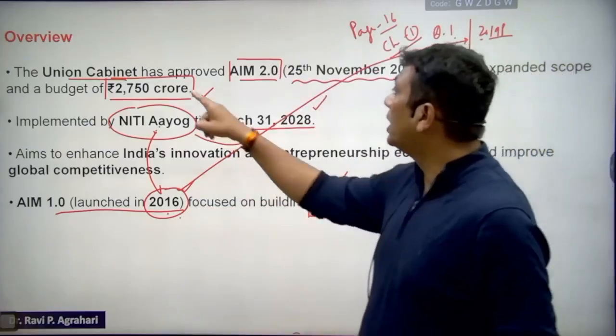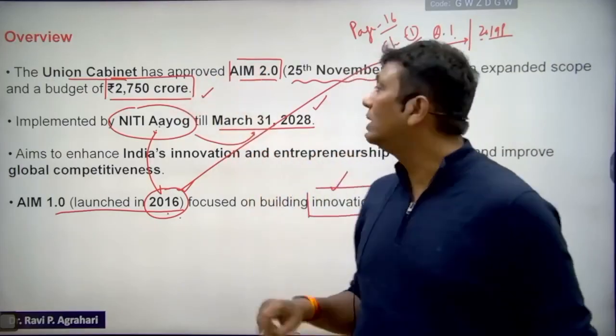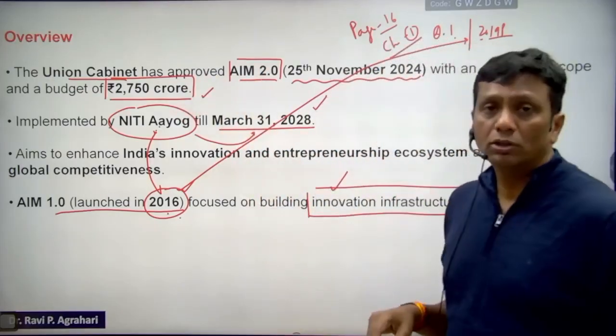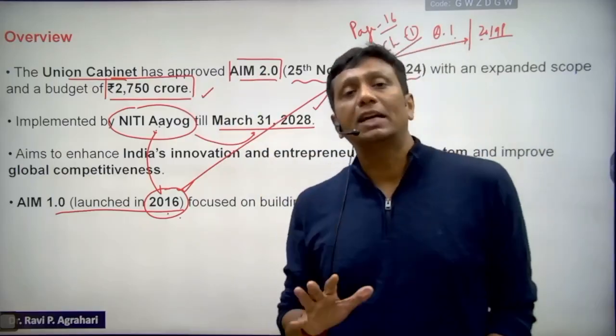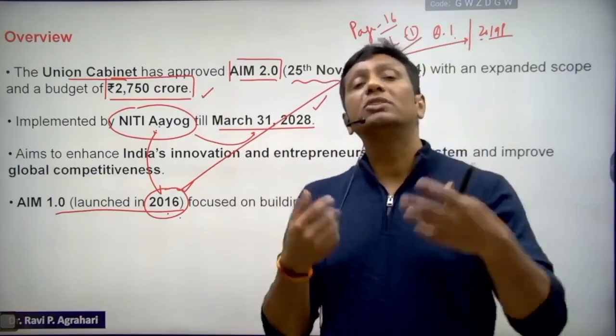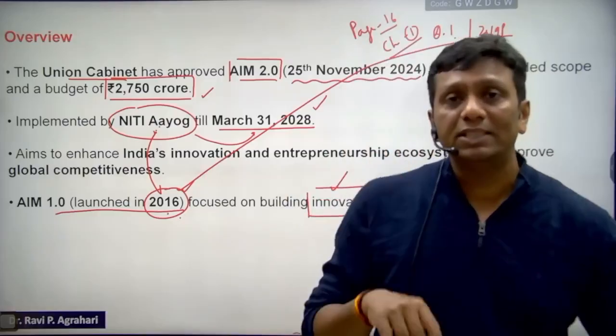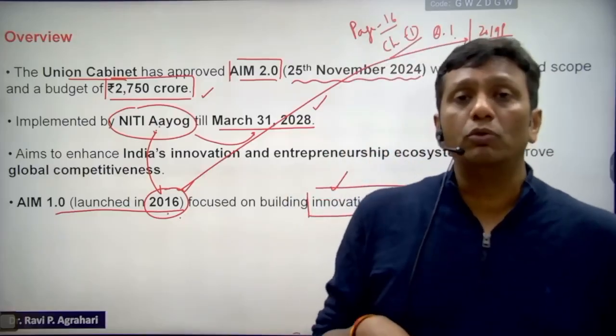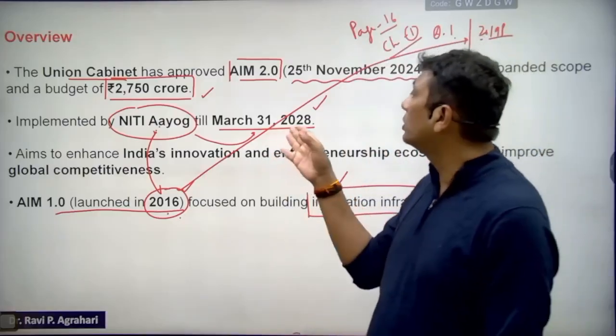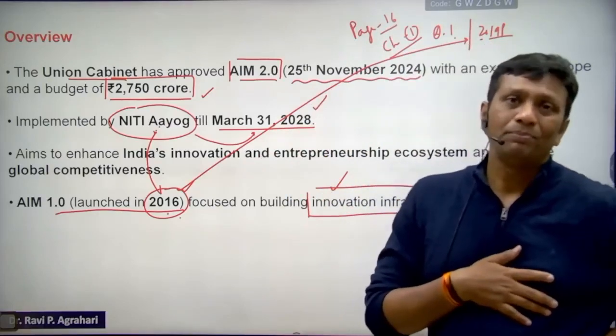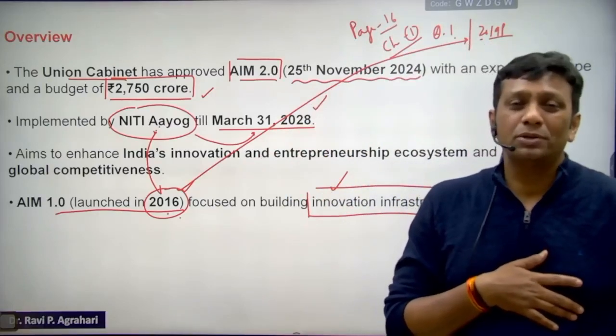See guys, today you are hearing about Atal Innovation Mission 2.0, which launched in 2024. Today, in this year, it is coming, so it is current affairs. Next year also it will be current affairs. But after 3 years, 5 years, 6 years, say till 2028, when UPSC asks questions on Atal Innovation Mission 2.0, will you tell me Atal Innovation Mission is current affairs?